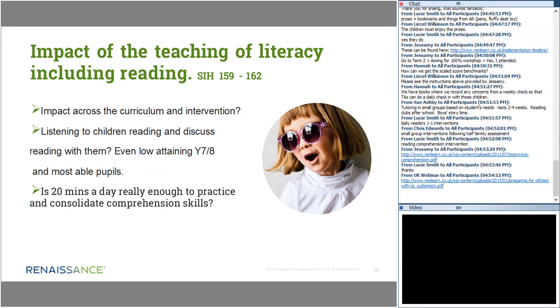You want to think about the impact of the teaching of literacy, including reading. Listening to children reading and discussing reading with them is still happening in primary schools, and it's even happening in year 7 and 8 in secondary schools as well. They're looking at not just the low attaining children, but also the most able. And you might want to review, are you giving them enough time to practise? If they're only having 20 minutes a day, you might want to think about extending that if you possibly can